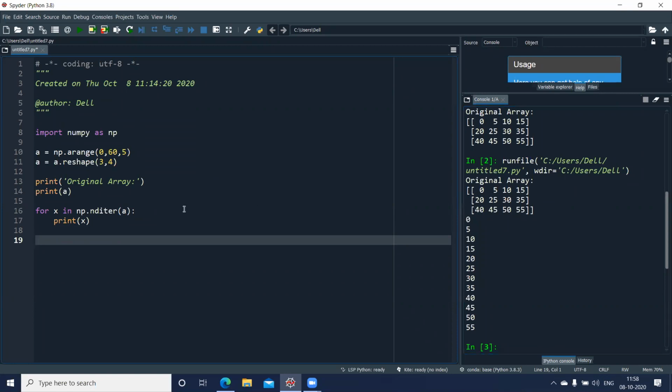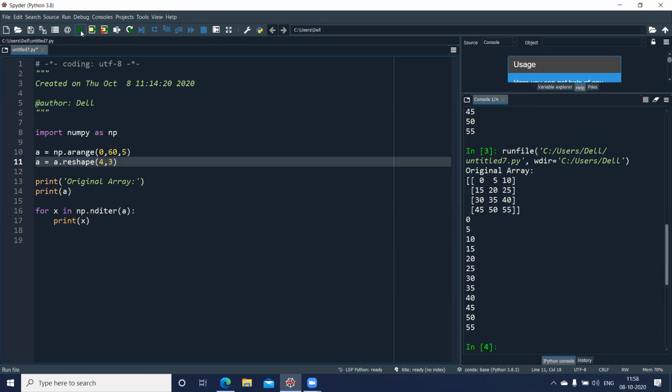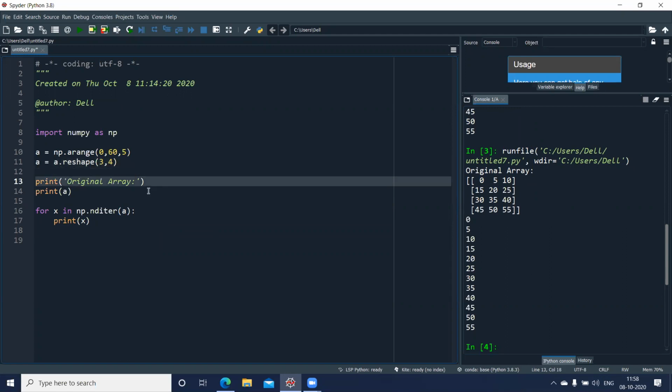Okay, if I change the dimension of this array and make this as 4 by 3, and I'll run this one. Now here you can see it has changed the dimension, and this is my array. I'll keep it as 4 by 3, and let us find out the transpose of this.